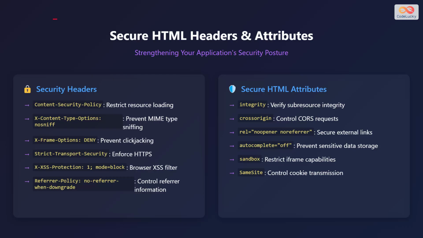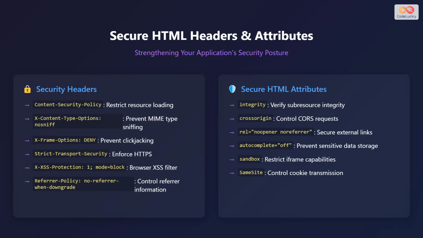Let's strengthen your application security posture with secure HTML headers and attributes. Discussing security headers first, we have Content-Security-Policy to restrict resource loading, X-Content-Type-Options with the nosniff option to prevent multipurpose internet mail extensions, also known as MIME type sniffing, X-Frame-Options with the DENY option to prevent clickjacking, Strict-Transport-Security to enforce hypertext transfer protocol secure, also known as HTTPS, X-XSS-Protection with the 1; mode=block option to enable the browser's XSS filter, and Referrer-Policy with the no-referrer-when-downgrade option to